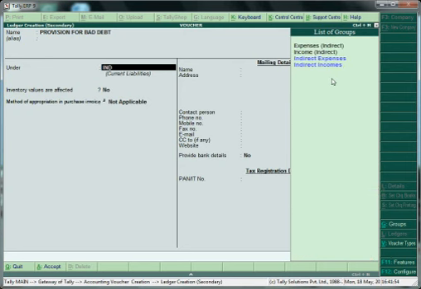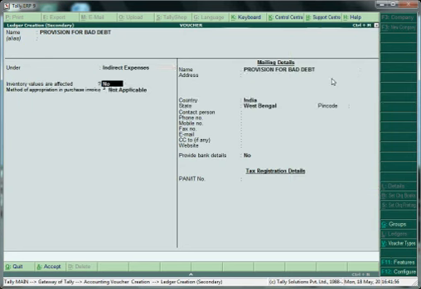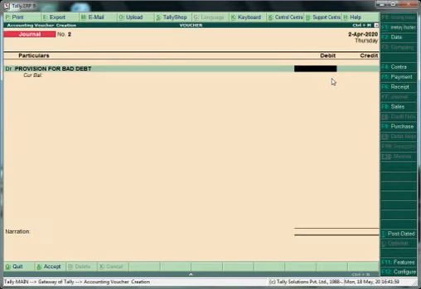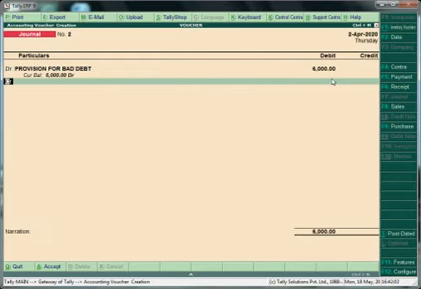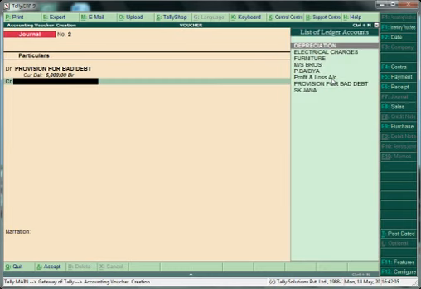It is indirect expenses, and then accept it. Now here put the amount of provision for bad debt, and credit is sundry debtors.